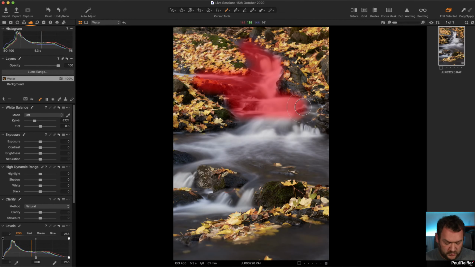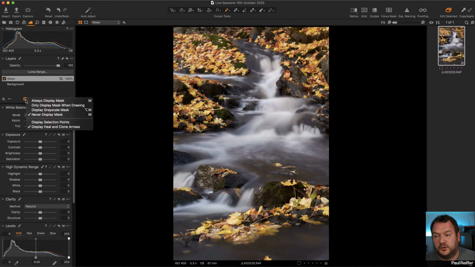If your mask doesn't show up when you're drawing, it's because you don't have the mask turned on. You can turn it on a few ways. Number one, you can press the M button on your keyboard. Number two, you can go into here, and you can choose to either always display the mask, which gives you the shortcut there, M to turn it on, M to turn it off, or show a grayscale mask, which is quite